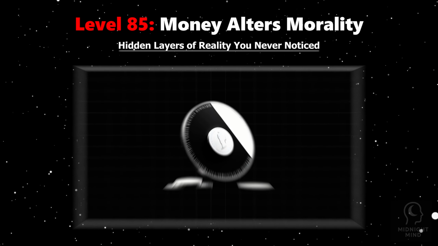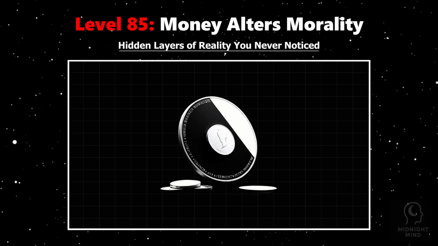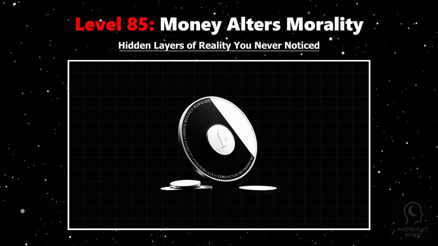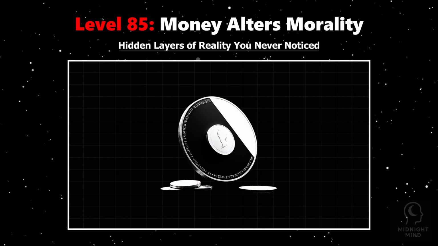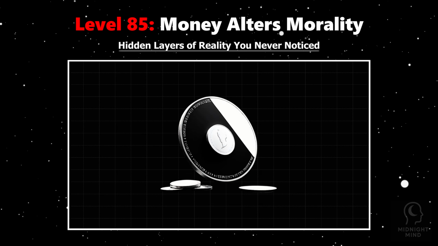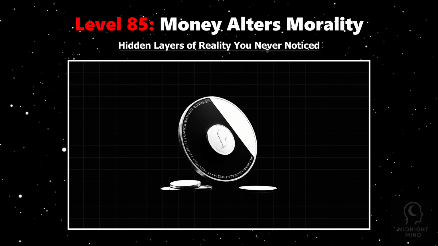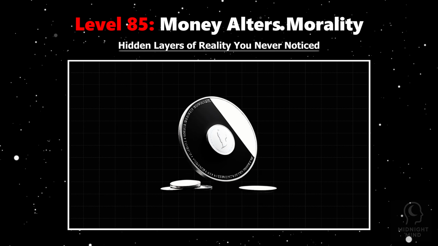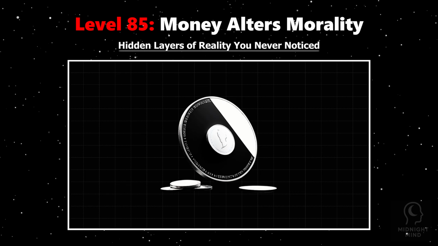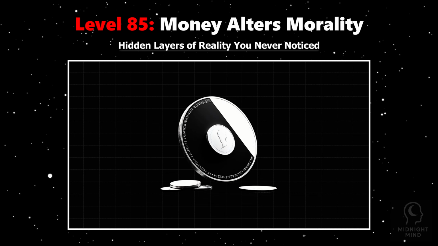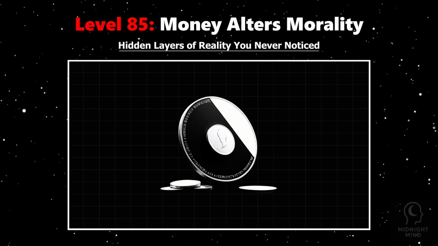Imagine a world where the simple presence of money rewires your brain's moral compass. Neuroscience reveals that when money enters a decision, your empathy doesn't just fade, it transforms. Studies using brain imaging show that areas responsible for emotional connection, like the insula and the medial prefrontal cortex, dial down activity during financial transactions. The closer the transaction feels, say, handing cash directly to someone, the more detached your empathy becomes. Conversely, donating anonymously or helping without any financial exchange activates empathy centers robustly.